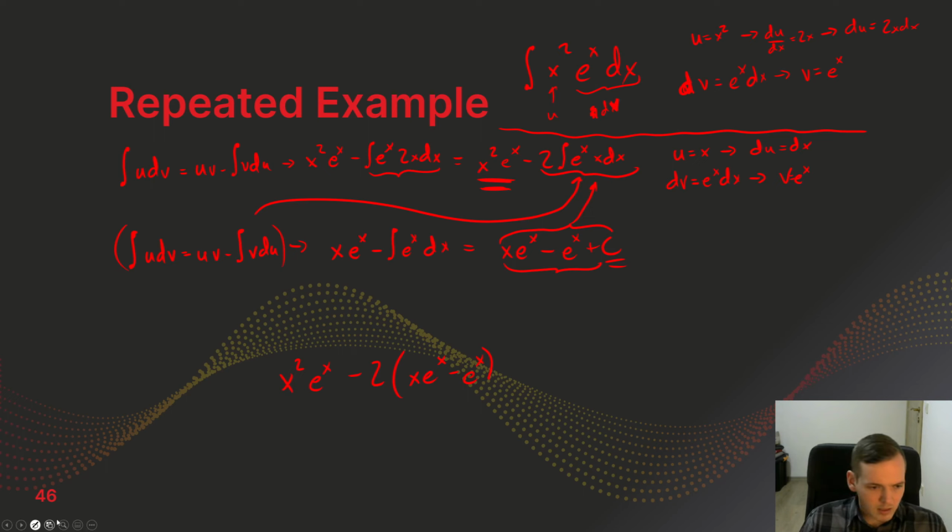Now let me write it down so I don't lose you, but we're going to show how this cleans up. So now if I distribute this, which you don't have to, but I will,